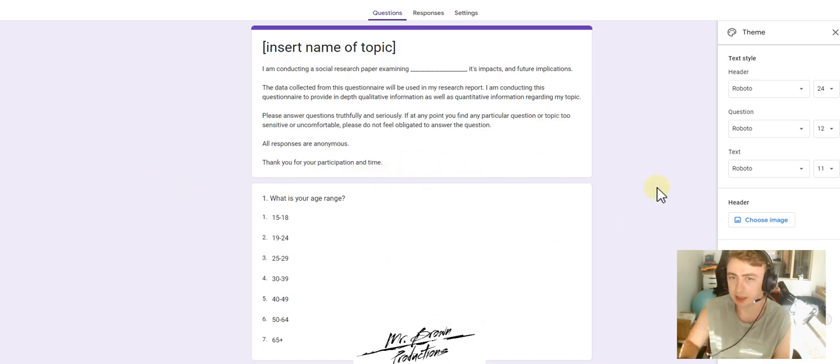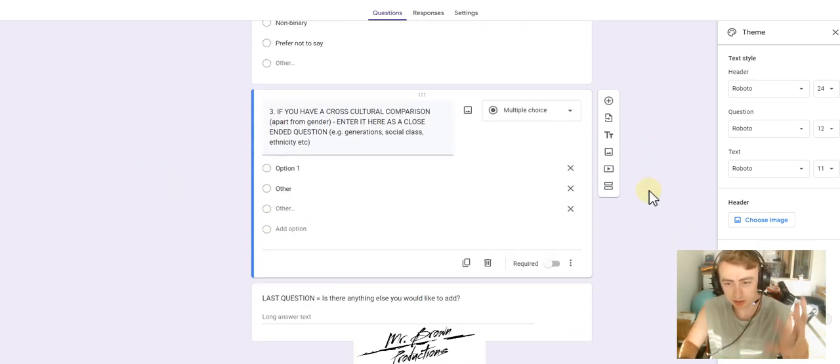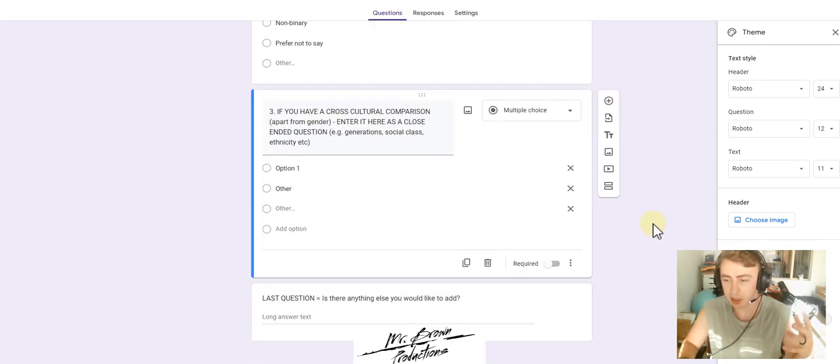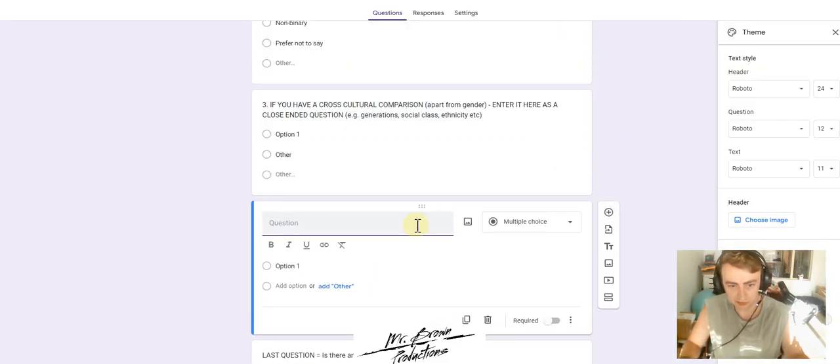But those little things make a difference. So that's how I want you to do your questionnaire. Obviously, the other thing is, if you're asking, you want to get a mix of quantitative and qualitative data. Okay, so let's say for argument's sake, I'm just doing the death penalty, and I ask a sort of standard